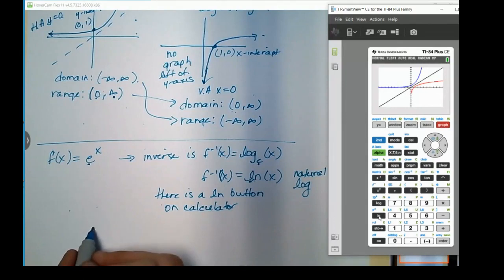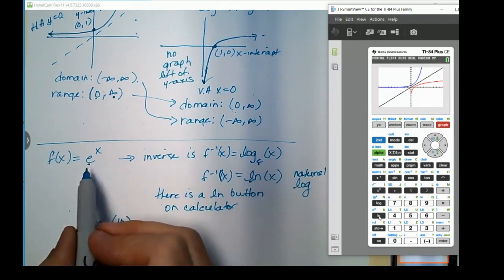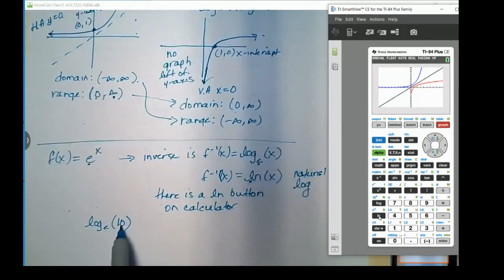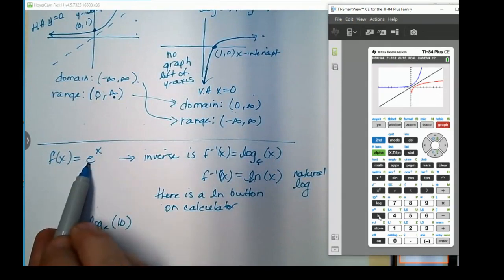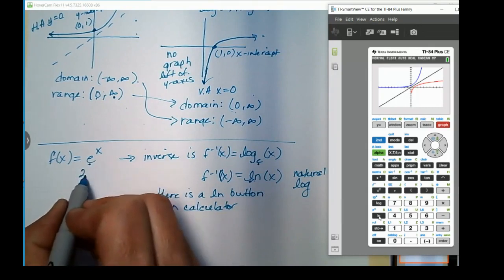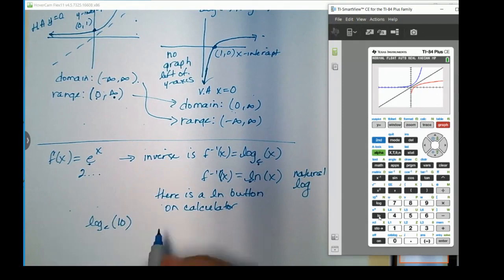So let's say that we wanted to know the log base e of 10. Now, if we were trying to figure this out by hand, that would mean that we'd have to know what power to raise e to, to get 10. That's not something that we would probably know because e is an irrational number. It's 2 point something, something, something. So this isn't one that we're usually going to be able to come up with an integer value for, but we can do that